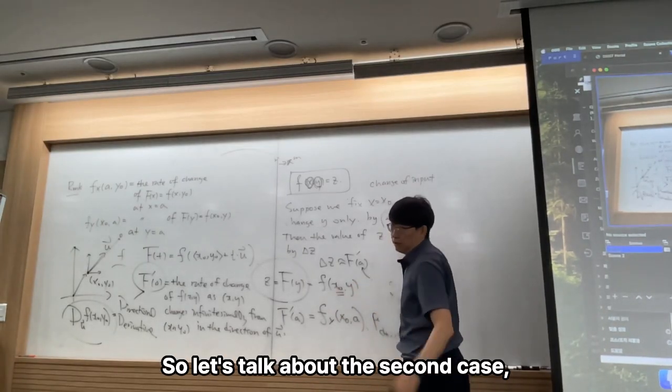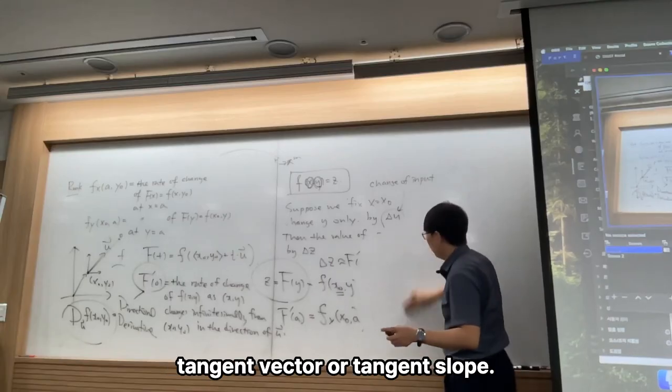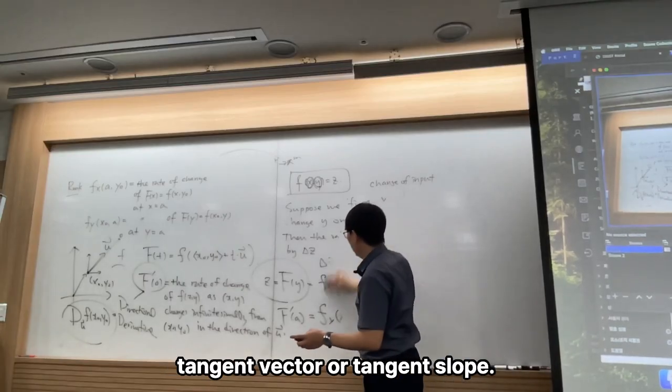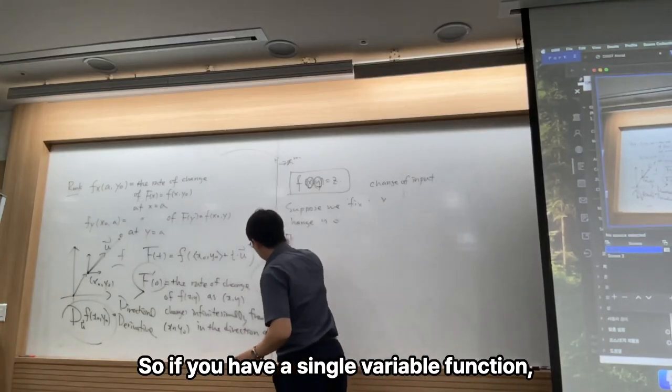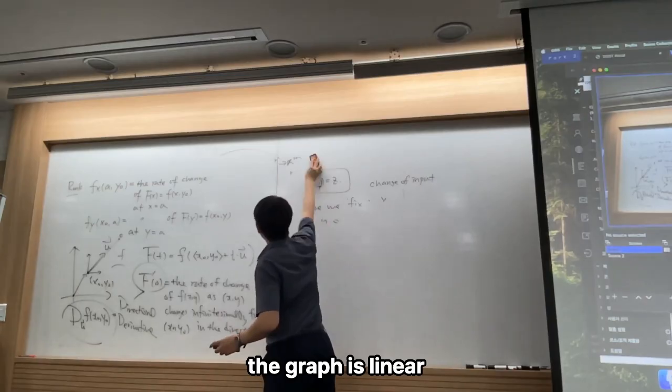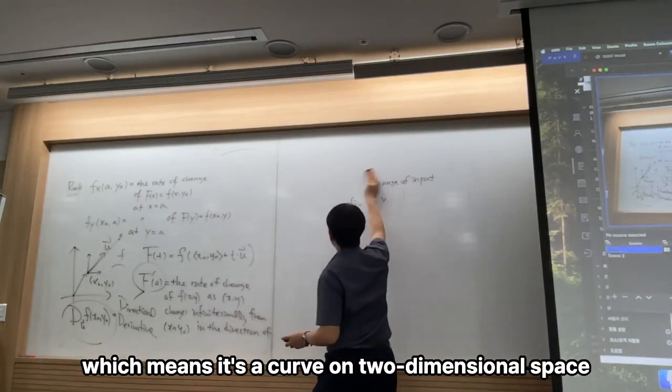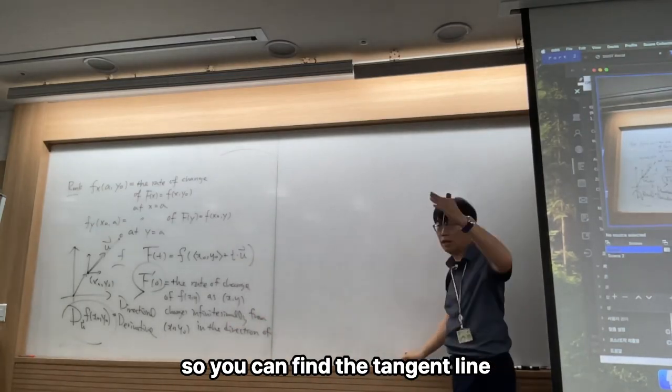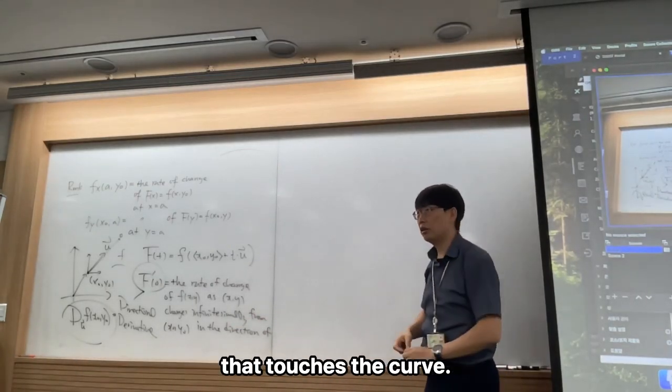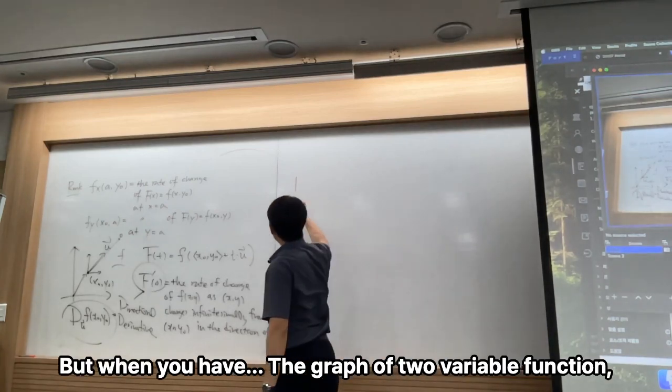So let's talk about the second case, tangent vector, or tangent slope. If you have a single variable function, the graph is a curve in two-dimensional space, so you can find the tangent line that touches the curve. But when you have